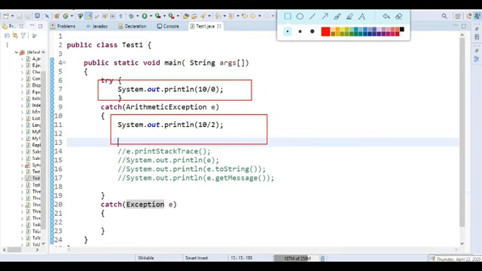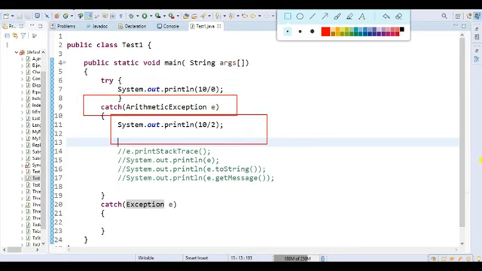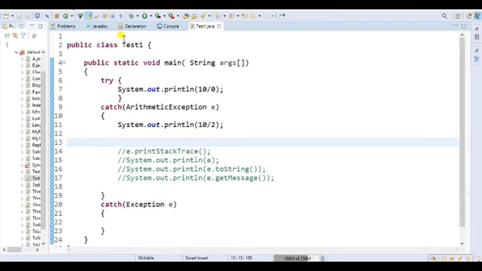Okay. But here I want to explain the hierarchy of exception. In that sense, if I write the arithmetic exception within this block, what will happen? Let me modify this one.